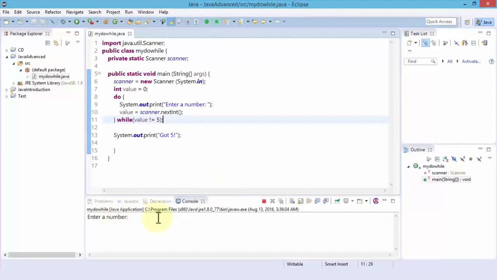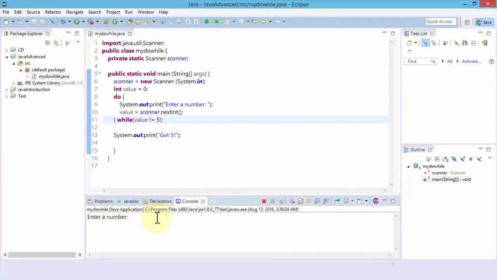And the output in the console below asks, enter a number. So what happens if I enter 4? Nothing happens. 2, nothing happens. Enter 5, it says got 5. So just a simple example of a do while